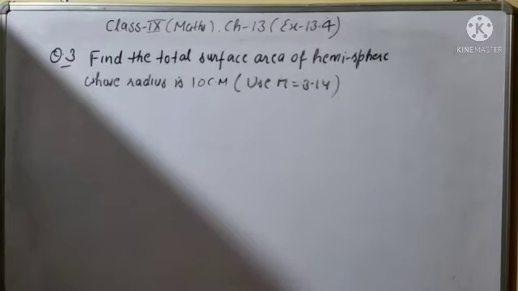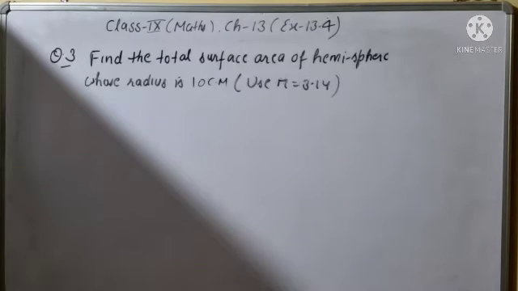Question number 2. It is given, find the surface area of a sphere whose diameter is given. Okay, so three parts are given again. In the first question you found the total surface area when radius was given, and in this question diameters are given. So what will you do? First you will convert the diameter into the radius. You will take half of the diameter, so it will be the radius of the sphere, and after that simply you can apply the formula of total surface area.